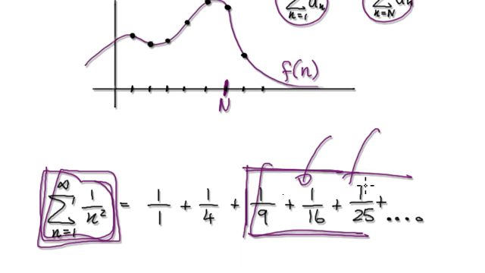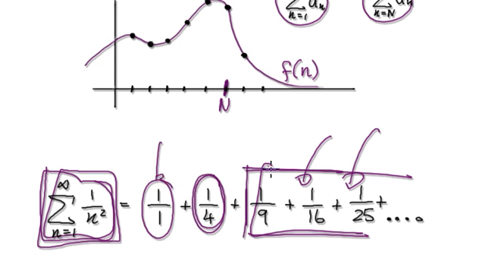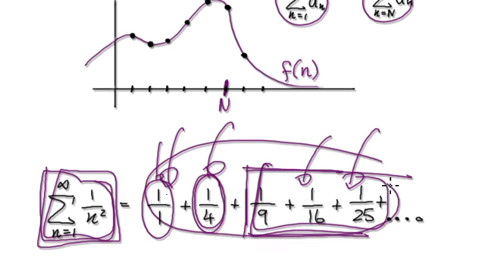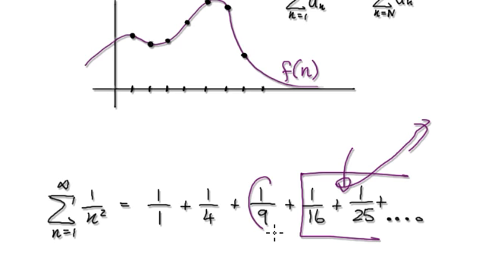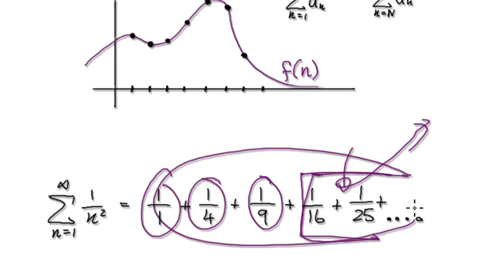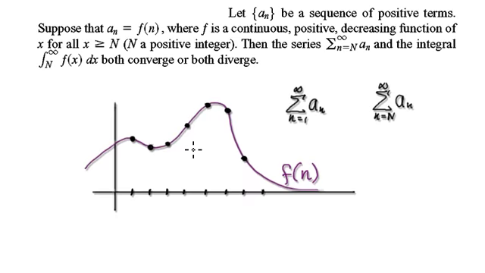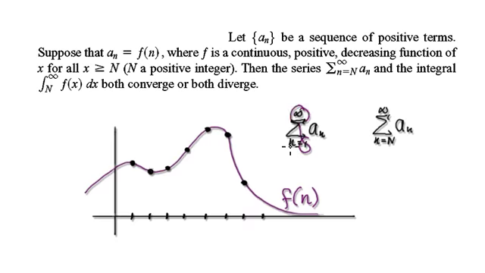If this thing here converges, then, well, this is a definite number. This is a definite number. So if this converges, you're adding a definite number, and the whole thing will converge. If you cut out right here and this thing here diverges, then you're adding a definite number, so the whole thing also diverges, because this is a definite number. So you do have the right, even though you're investigating from 1 all the way to infinity,